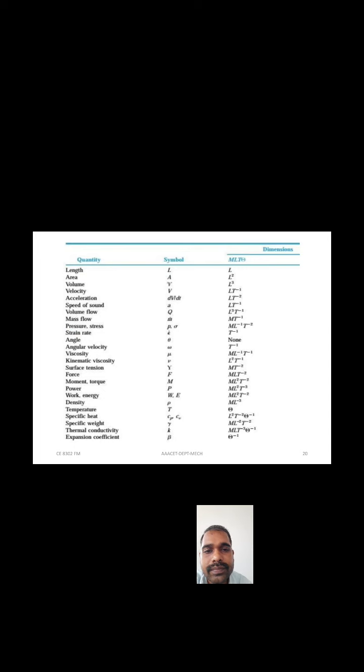This is also another problem. For your practice I have listed it here, right? Pi 1, pi 2, everything. This problem is somewhat important, right? I think last year also the same problem was repeated, right? So here there are 7 parameters, and the fundamental dimensions are 3. So the number of pi terms is N minus m, that is 7 minus 3, which is 4. So you have to calculate pi 1, pi 2, pi 3, pi 4, right?